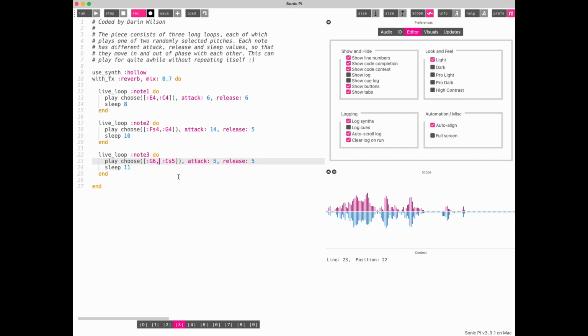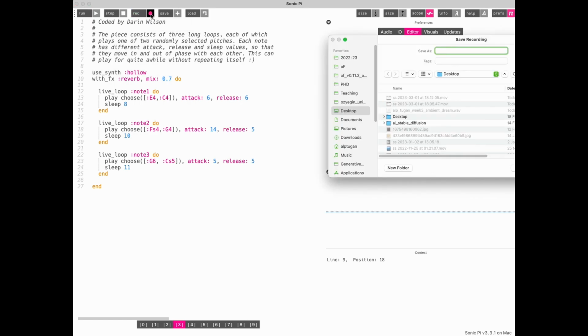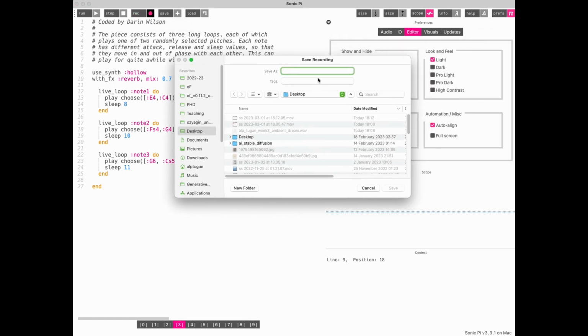So at least keep your track above 2 minutes or maybe more. Then when you feel it's okay, just stop your Sonic Pi, wait for the fade out to complete silence, then you are free to push that rec button again and Sonic Pi asks where to save your track